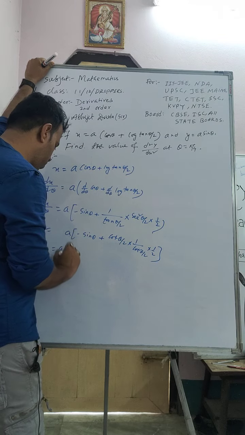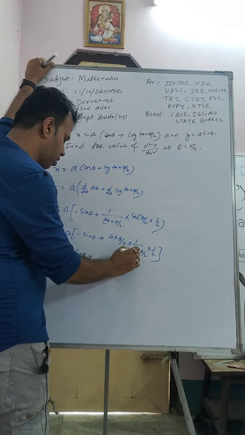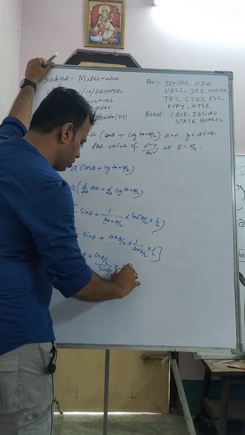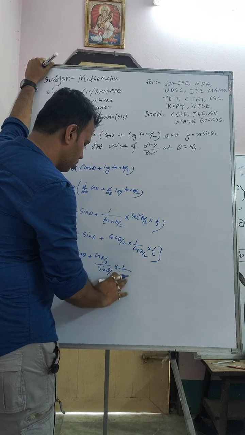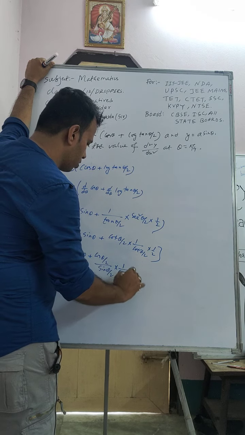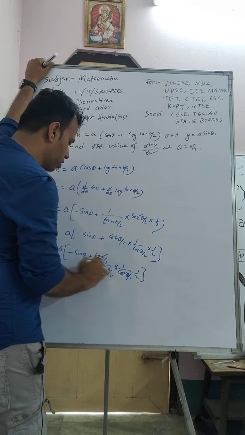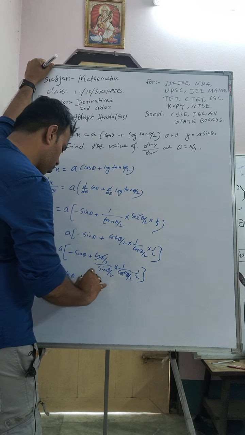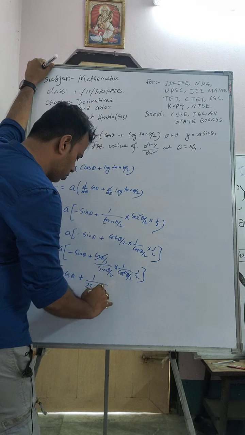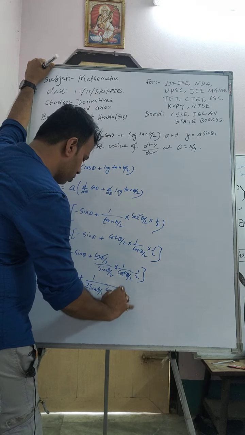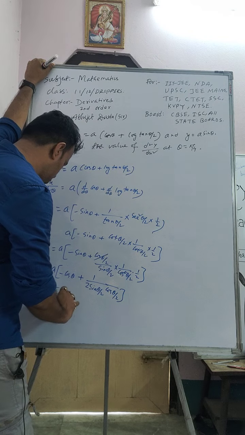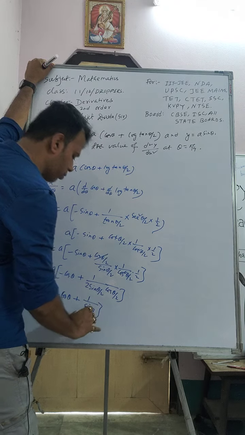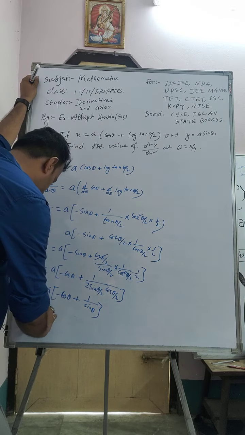Now after simplifying, this will be minus sin theta, and here it will be cos theta by 2 by sin theta by 2, into 1 by cos square theta by 2, into 1 by 2. So this part will be cancelled out. Two sin theta by 2 cos theta by 2 is what? It will be sin theta. So after simplifying, it will become